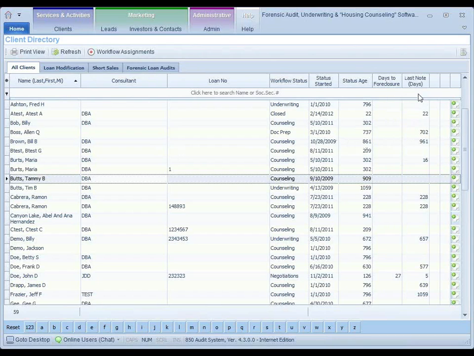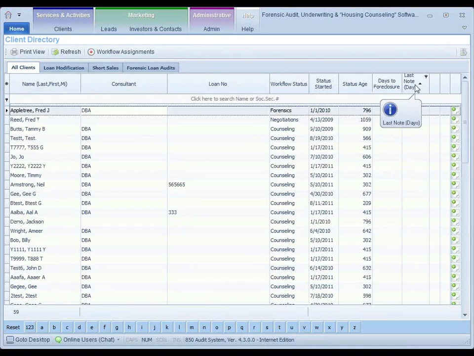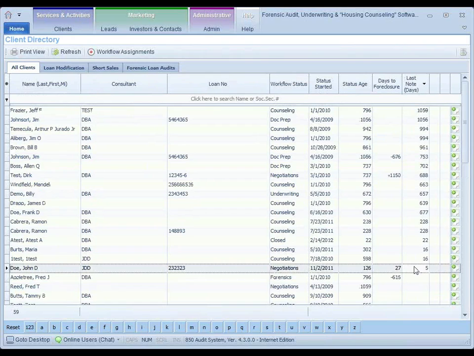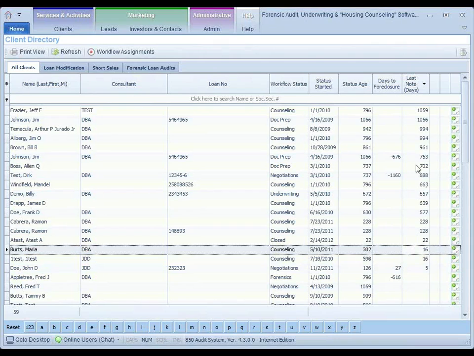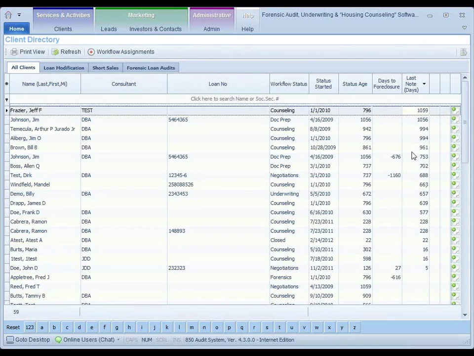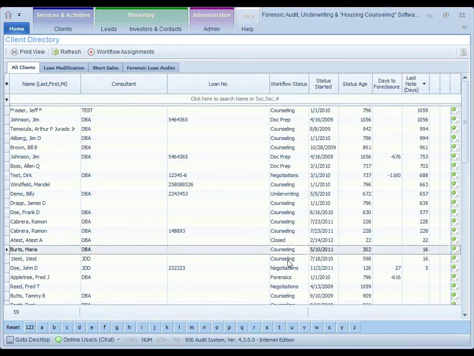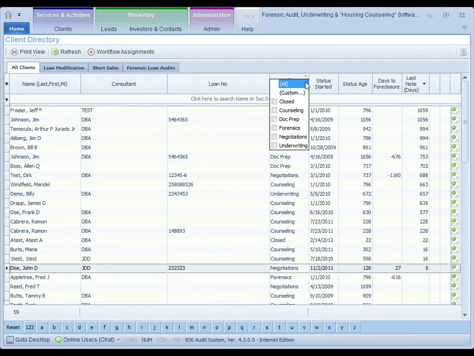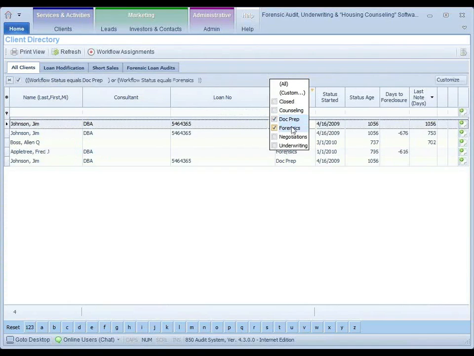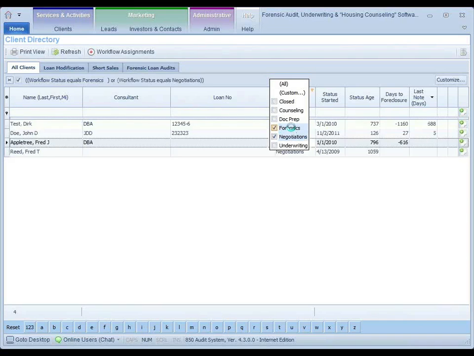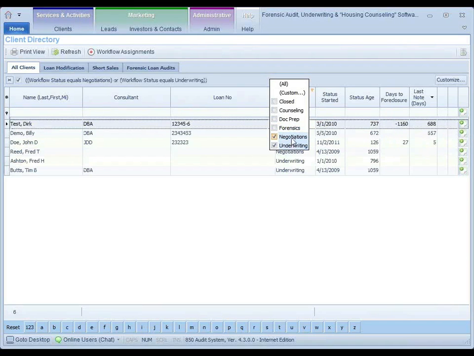Some of the key things we throw up front, and these are the things that industry-wise we found are most important, is the last activity on the file. That's when we say the last note. You can actually sort this and see, okay, here was 5 days ago, there was some activity on John Doe's file test, and this is just a sample database, all the way up to the latest. So this is an aging report for activity on the file. This is the stage that they're in. This was a file that's closed. Here's one in counseling, negotiation, and everything is also filterable, down to that particular area: forensics, negotiation, who's in underwriting,